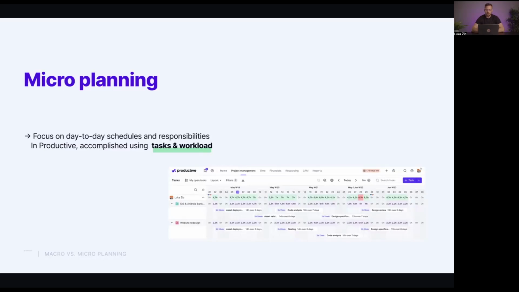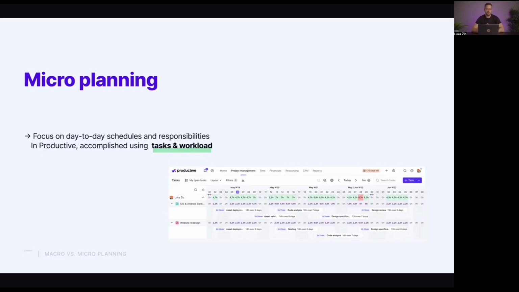When it comes to micro planning, we're focusing more on day-to-day schedules and responsibilities. So in Productive, we generally accomplish this using tasks and the workload view. We'll see how this works in a bit more detail later on. What I will point out just right now is that our webinar today is not that focused on the specific functionalities of the elements that we find in Productive.